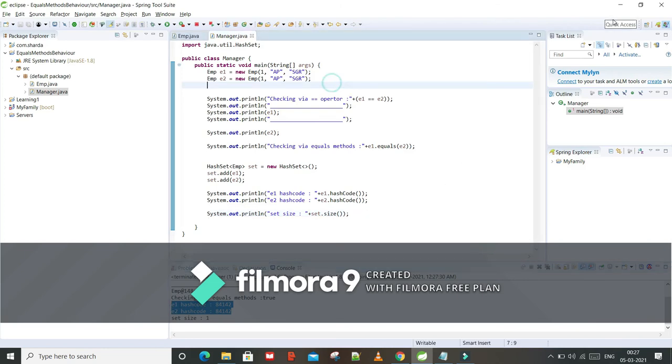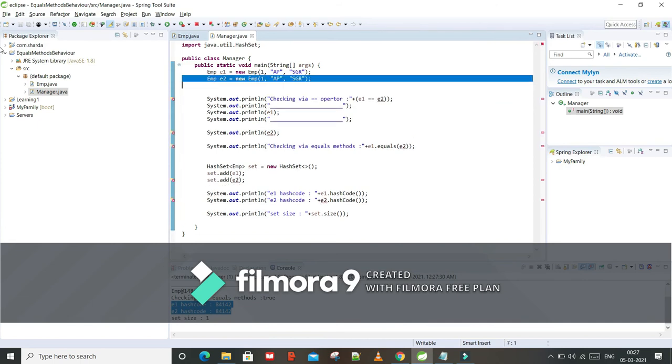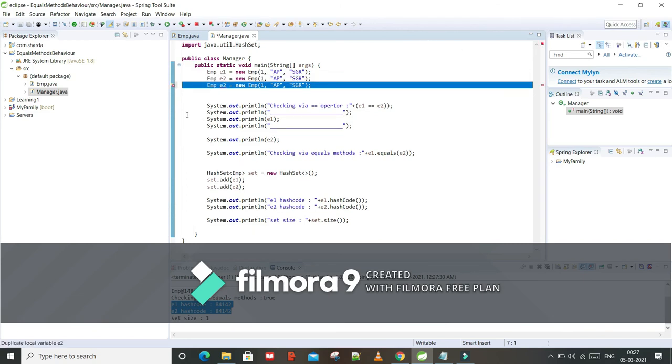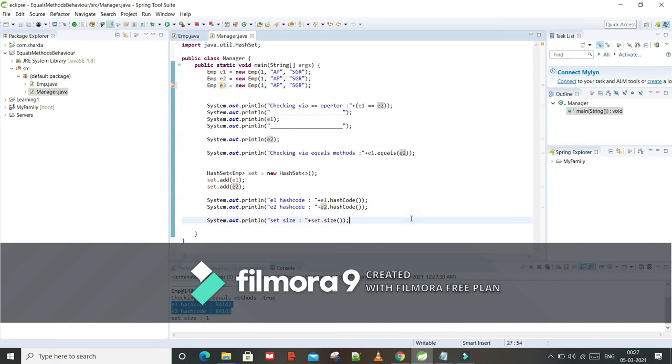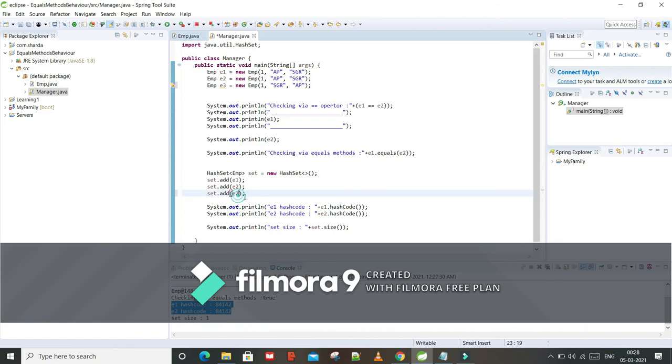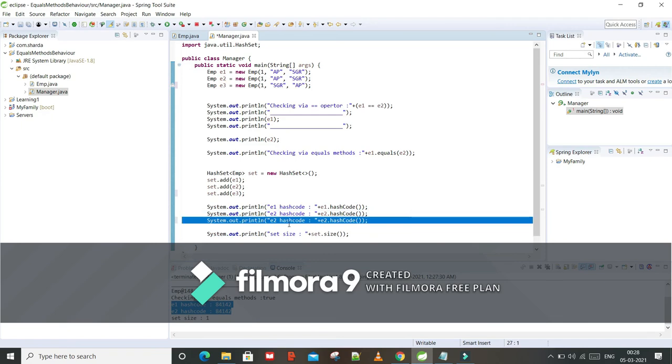For example, if I have e2 and I have e3, I'm giving another example. If I change the name to SGR here and AP there, and into the HashSet I try to add e3 also, and print e3 dot hashCode also.